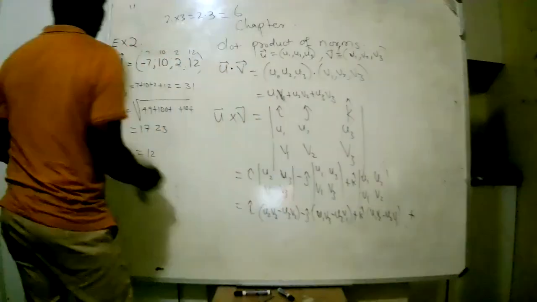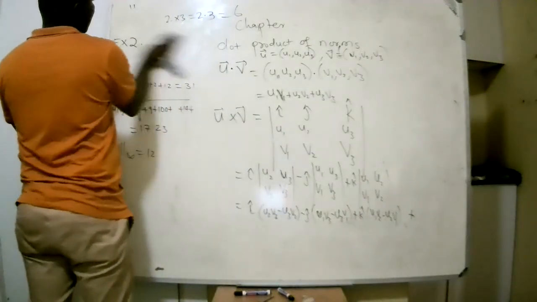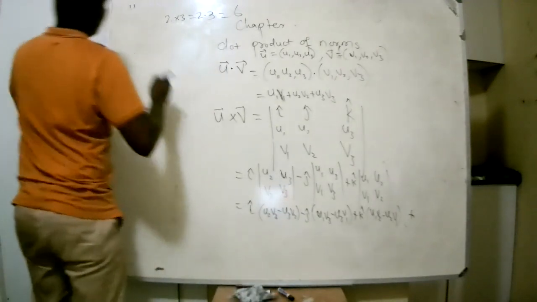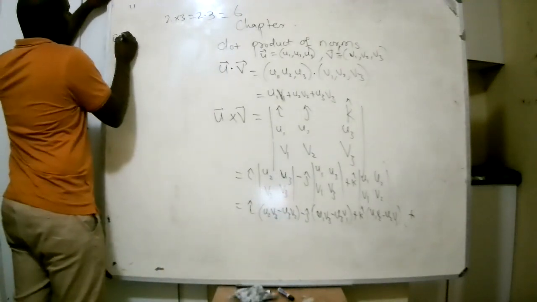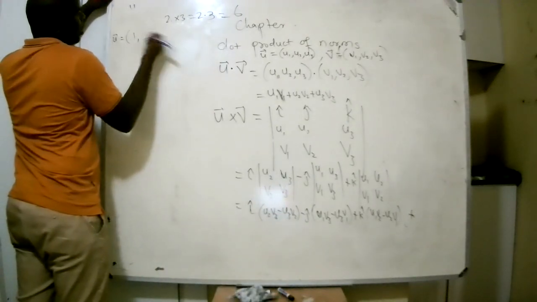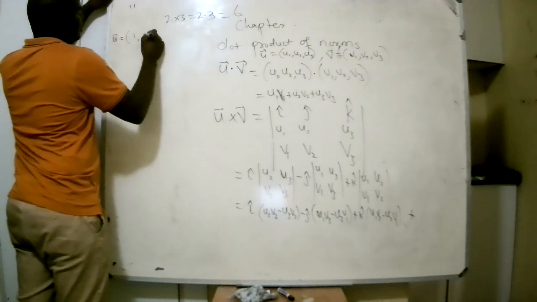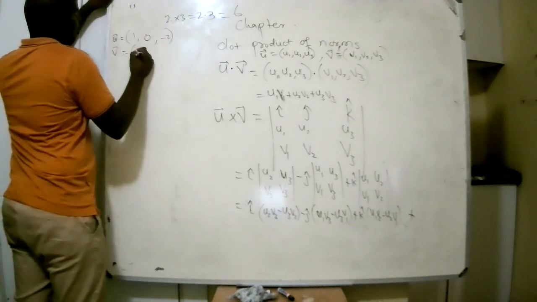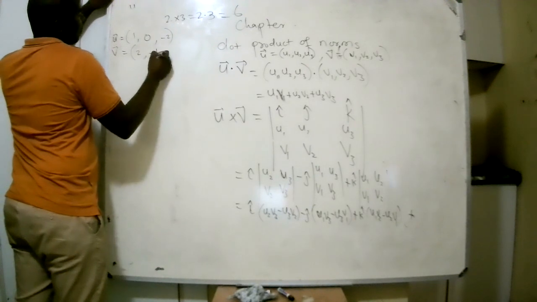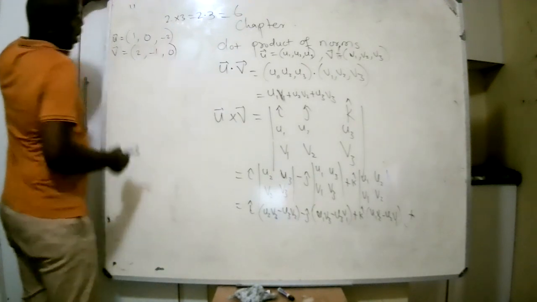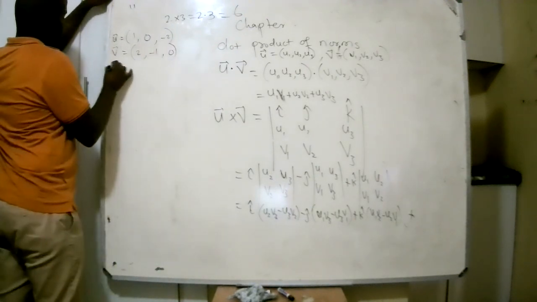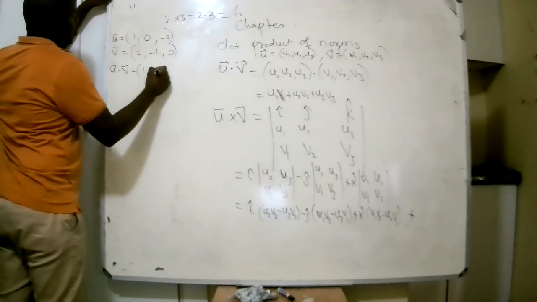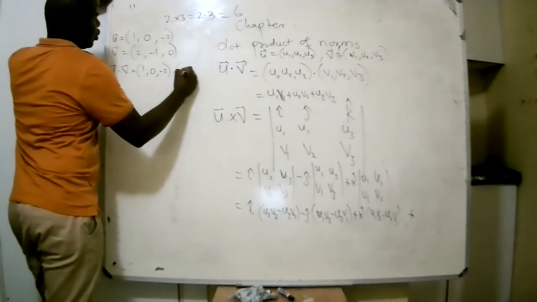All right, let me quickly do an example so that you see how we attend to these questions. u is given by 1, 0, -2, and v is 2, -1, 0. So how do we find the dot product of this? u dot v is going to be given by 1, 0, -2, dot 2,